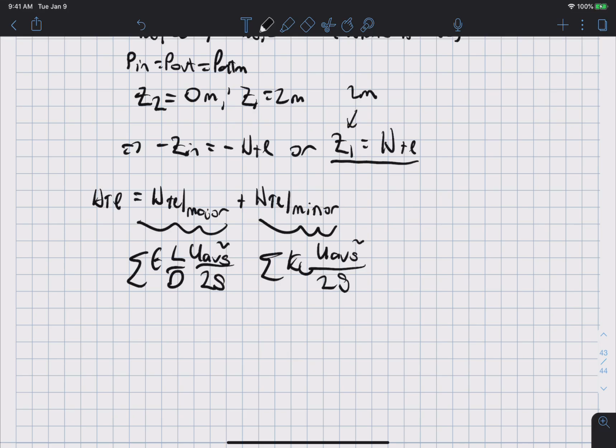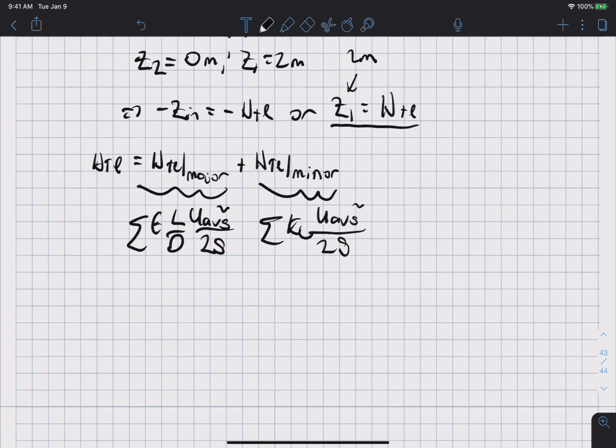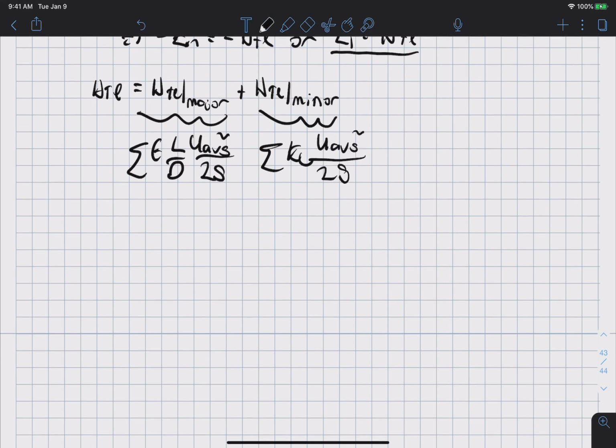Okay, and so now for both of these we need the average velocity squared, so we might as well find the average velocity. So we'll just stick in what we know, that the average velocity equals Q over the cross-sectional area, which is pi over 4 D squared, because it's a circular pipe. And unfortunately here we don't know D, but we do know Q, so let's just stick in the numbers that we do know. So this equals 4 over pi, Q over D squared,